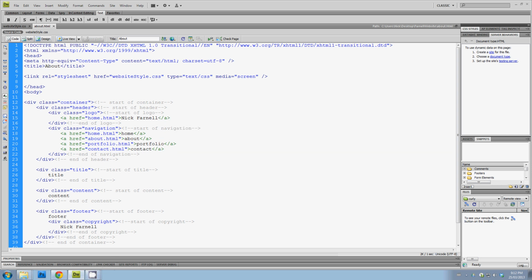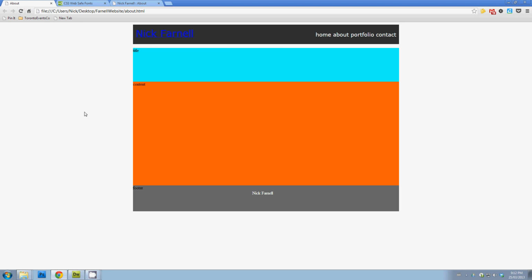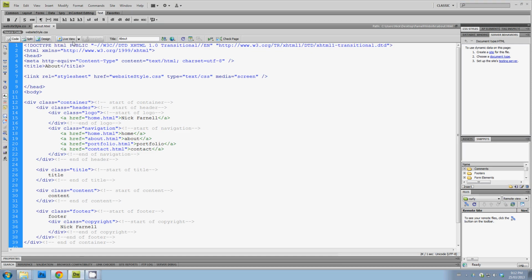And save that, refresh it, and same issue. We created the specific style to make the links not underlined in a font of white, but we only applied it to navigation. We want to apply something similar to this logo piece, so we can use the same idea